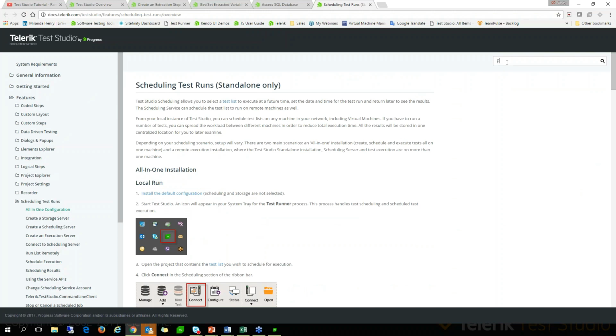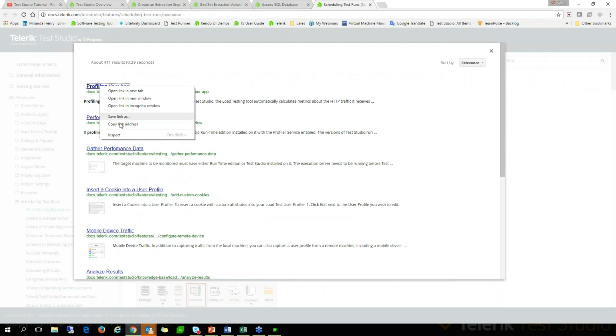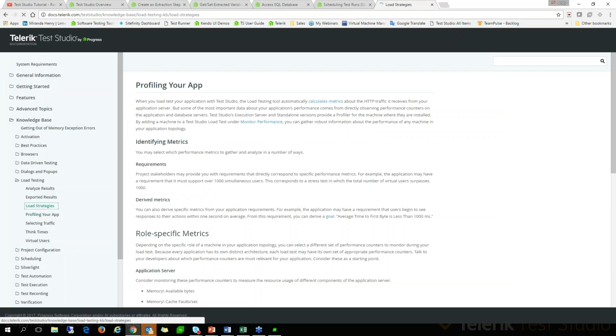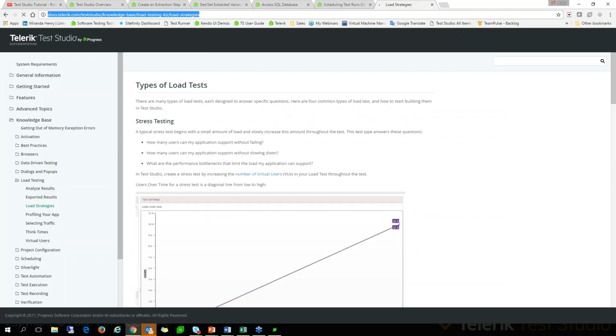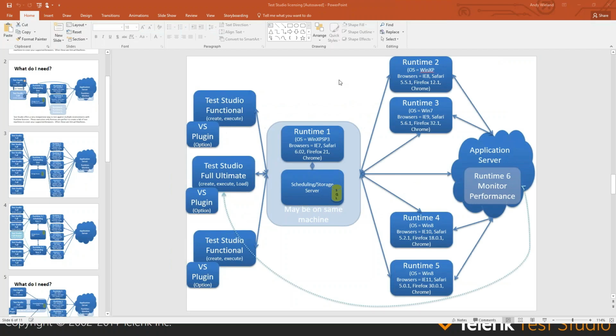So let me provide you with another link called Profiling Your App. I won't bore you with going through all that, but it talks about the metrics and so forth. Also, while we're there, there's another one called Load Strategies, which we're going to talk about next. So I might as well prepare you ahead of time. Okay, back in Test Studio,